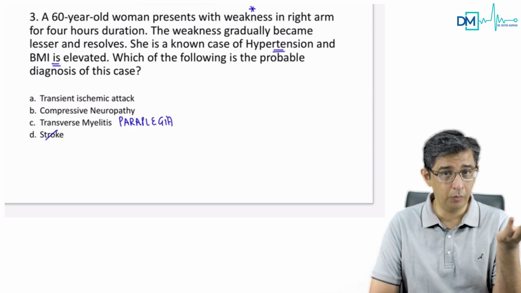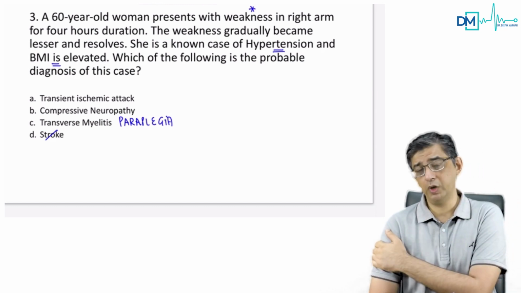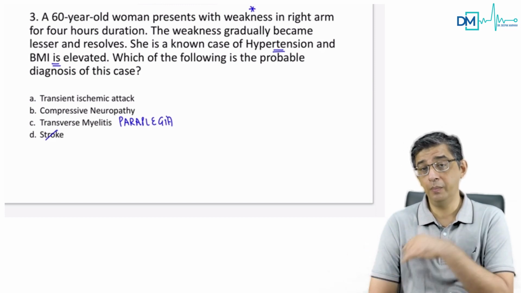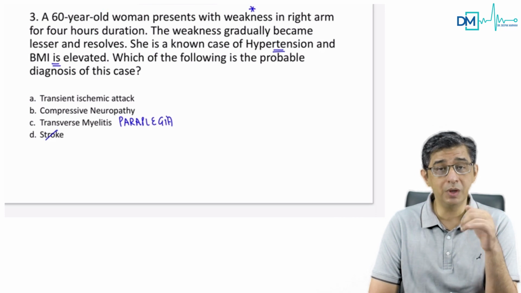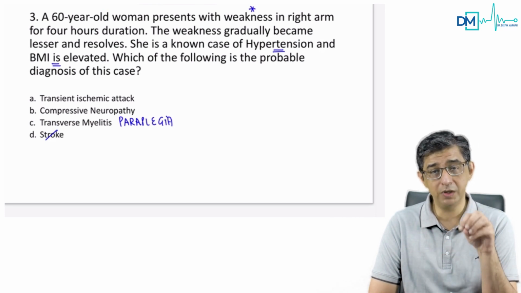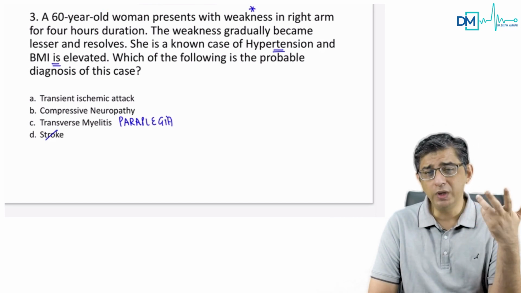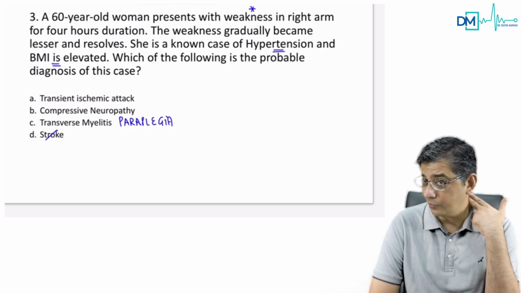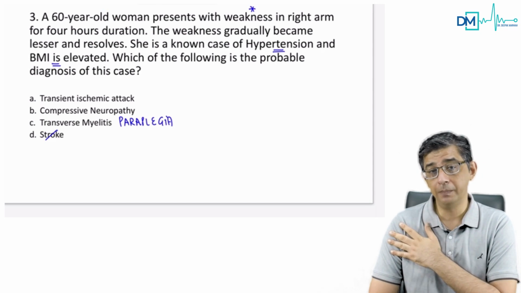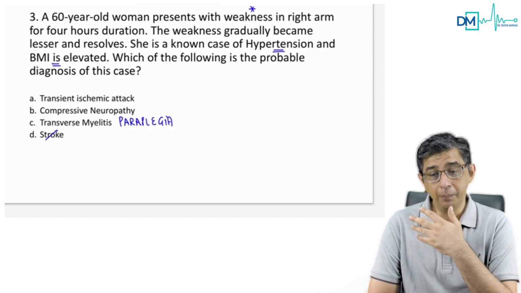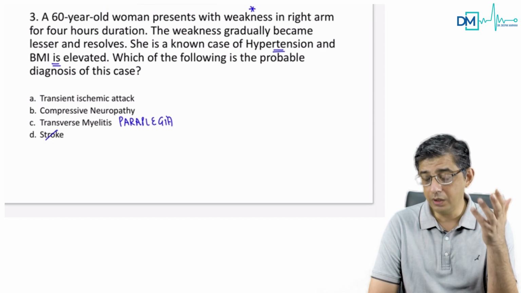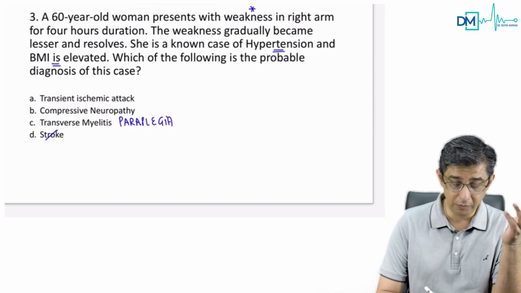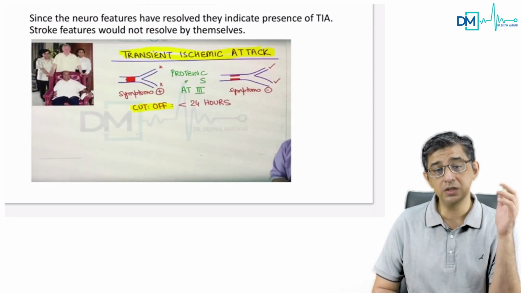Either it's a compressive neuropathy. Sometimes you might sleep over your arm, and when you sleep over your arm, you might feel numbness in your arm. But the point is, the moment the compressive neuropathy is relieved, you usually tend to get improvement. Or, at the same time, somebody has a disc prolapse, and then there could be numbness in the arm. So obviously, if a person is having pain or weakness in the arm, I need to think of a local cause that could be disc prolapse. But the way the question is given, the straightforward answer to this question is TIA, a transient ischemic attack.